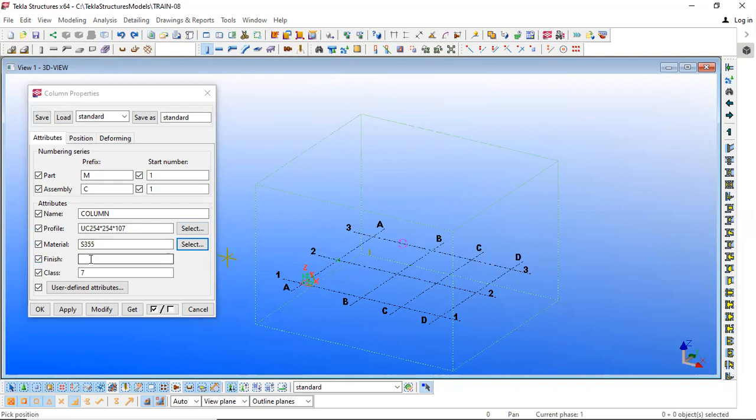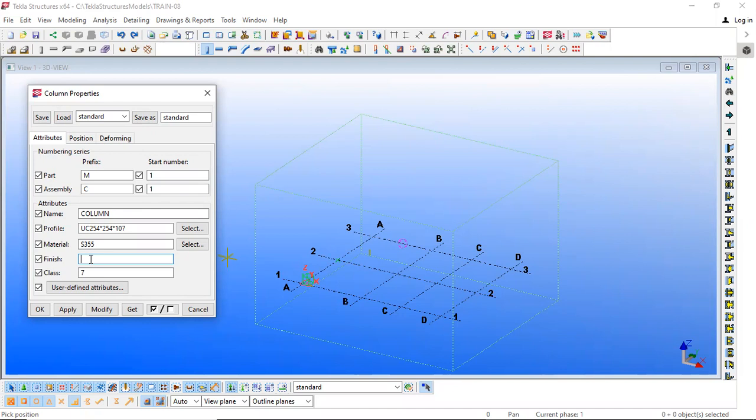Lastly we have finish. Finish is related to the coating, or the final touch up, or the coloring of certain elements. Okay, the physical coloring. Generally the steel items will be painted. Some paint will be provided to them. Paint, primer, all those protections will be provided to the steel elements, as per the design requirement and the requirement of that certain area.